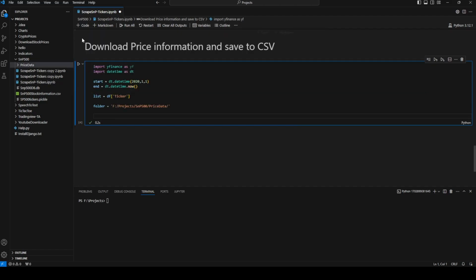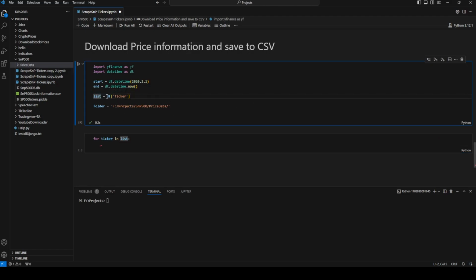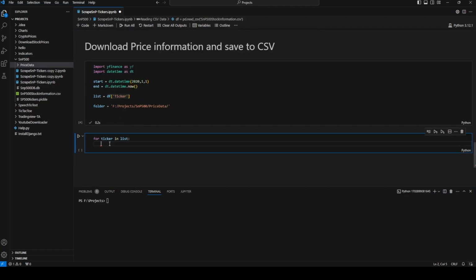I'm going to run it. Now I'm going to create a new cell and write my for loop. So I'll say for ticker in list. This is my list variable. When I say for ticker in list, it means that for each ticker in this list, it will follow this code here. So I will say prices df equals